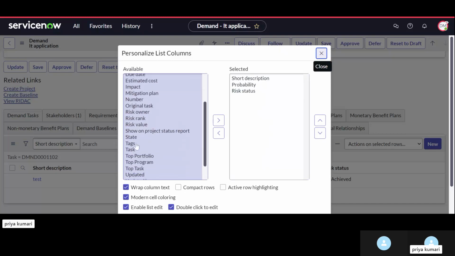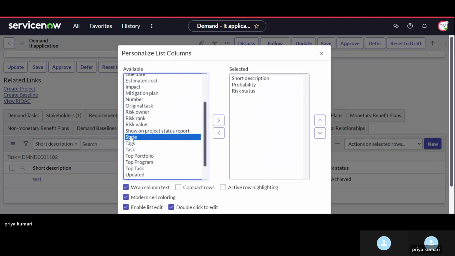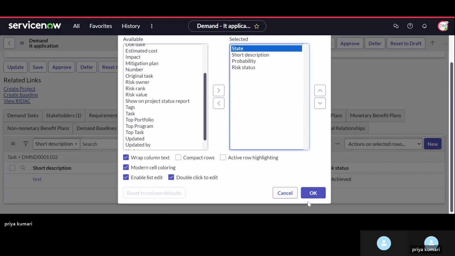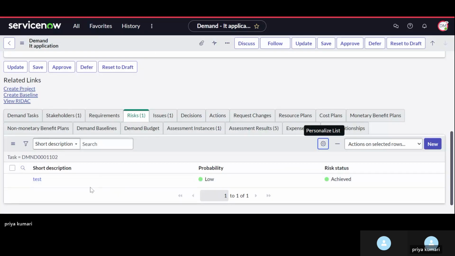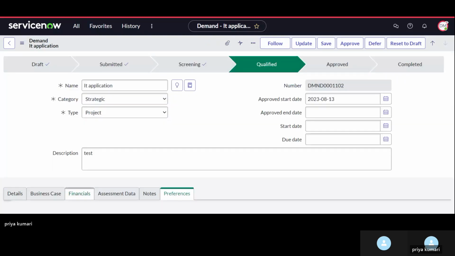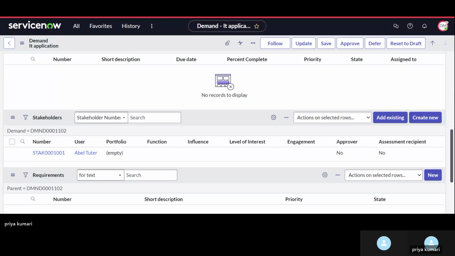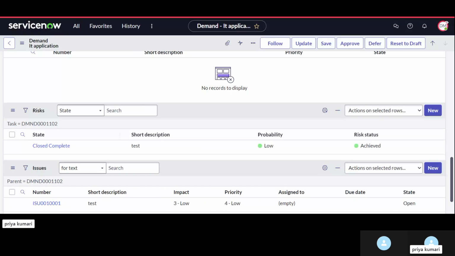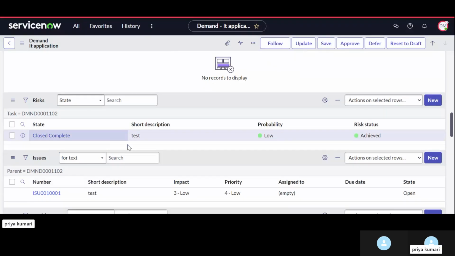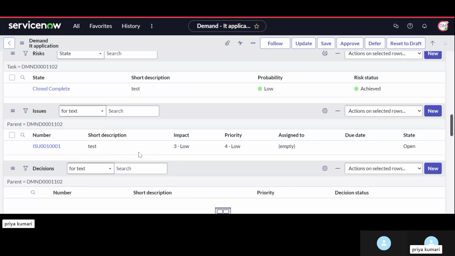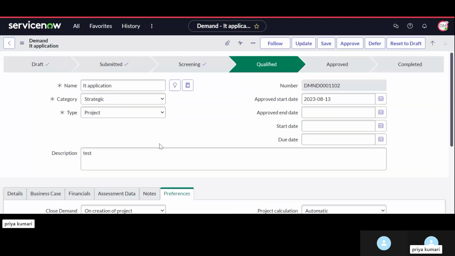The risk state is there, and its state is closed complete, and one issue has been created. So now the issue has been created. You can now convert